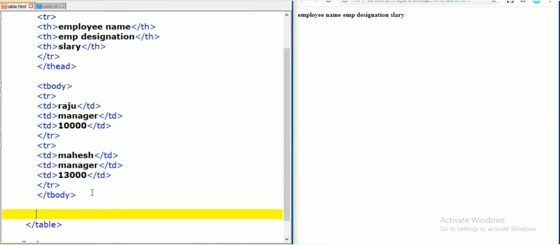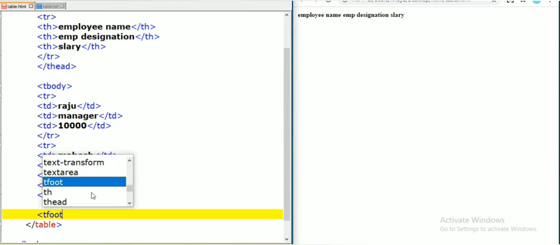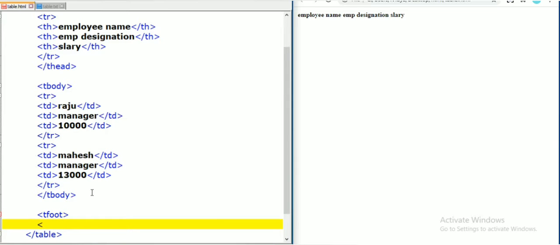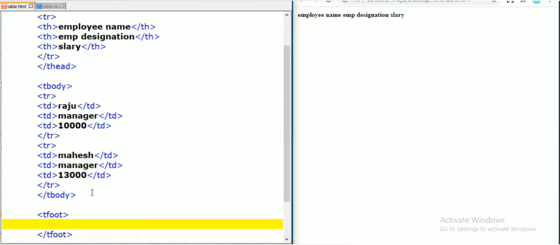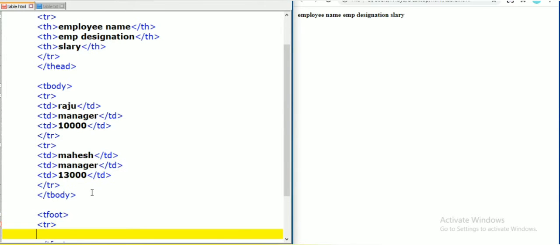The total last row should be enclosed within tfoot. So here is the end of tfoot. In the same way we are creating tr, end of the tr. Here should be the content of the tr tag.